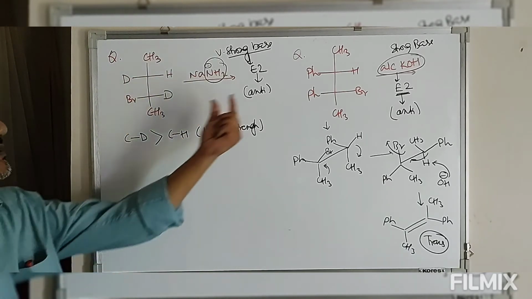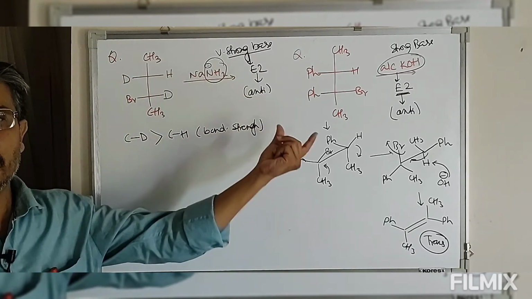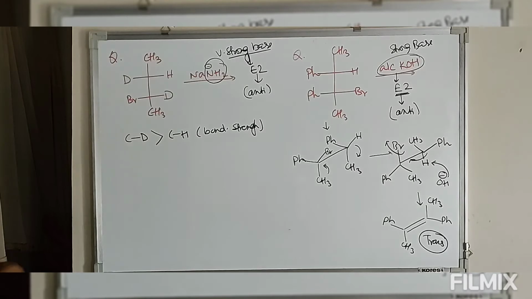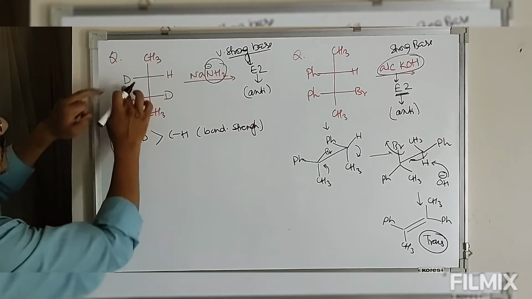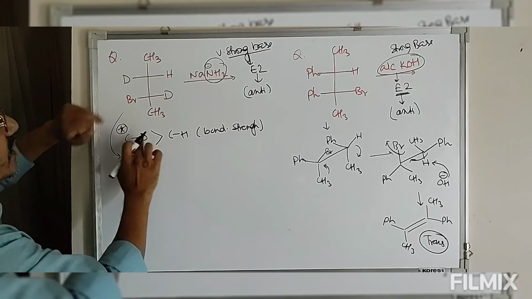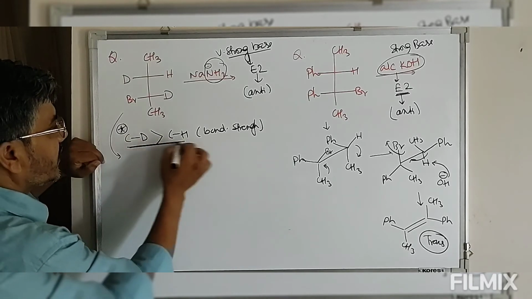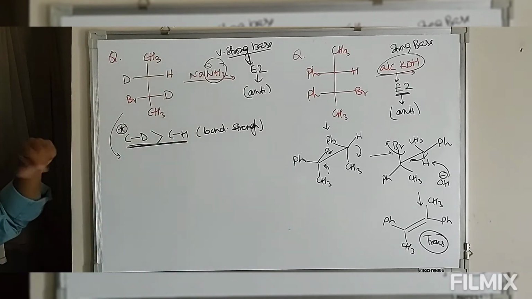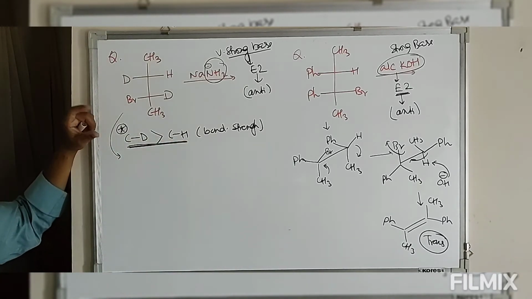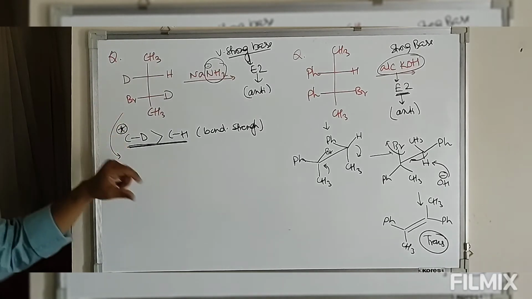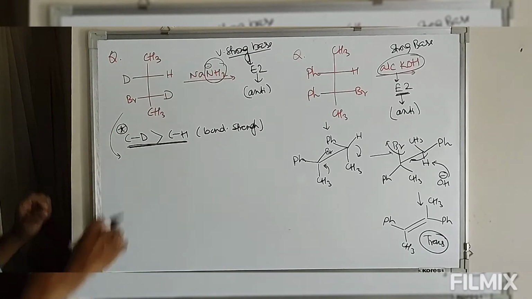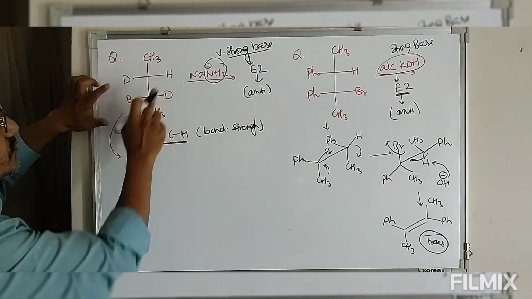Again the reaction says it has to be anti configuration. So similar to the above problem, this is to be considered. Why am I giving this? Because when we have deuterium and hydrogen, then preferentially the weaker bond has to undergo elimination. This is for all isotopic systems. So the carbon heavier isotope bond is stronger than the carbon lower isotope bond. So now यहाँ पे CH को आपको ब्रेक करना है.